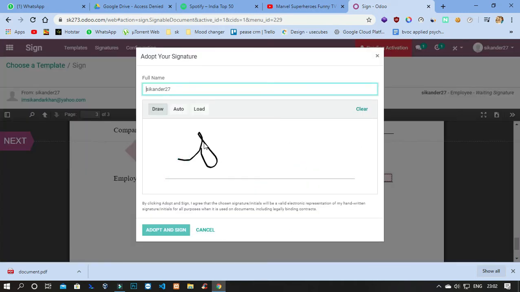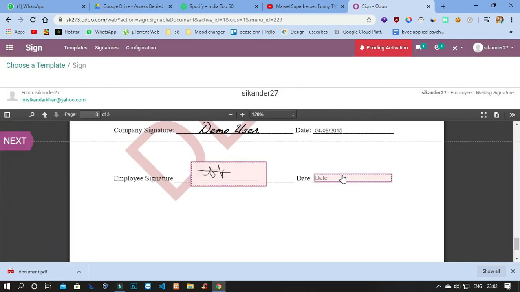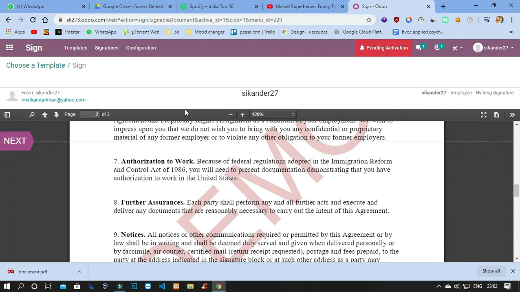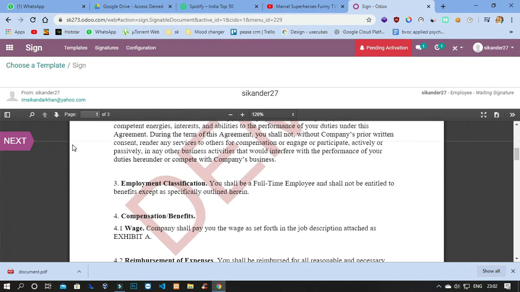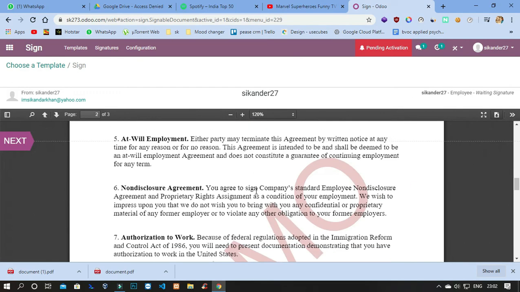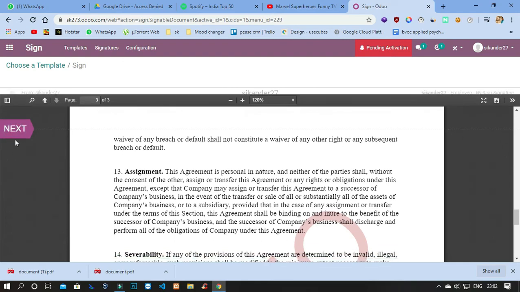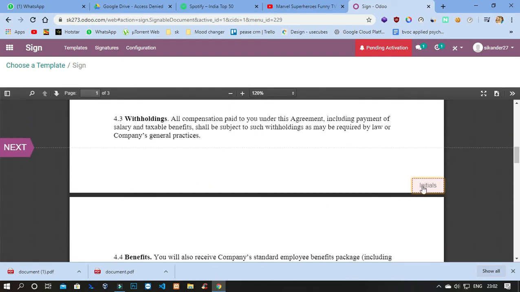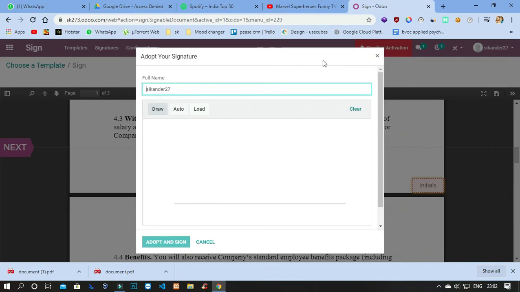You can draw it and adopt a signature and date 3/3/2020. Now yes, we are done. Just sign this, just download this PDF. Okay, this is downloaded. So signature is also done. Now what next? Click on next. Okay, and click on next. When you click on the next,